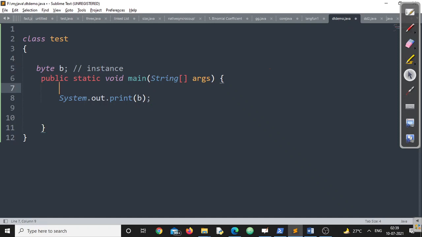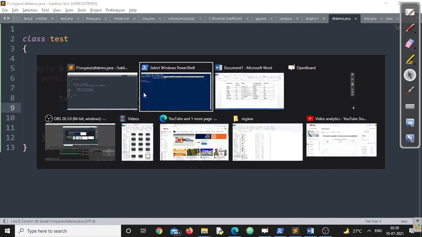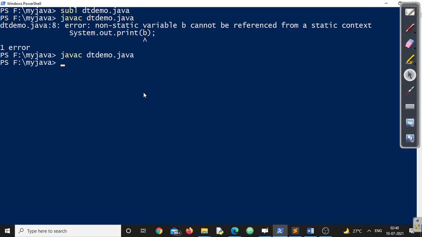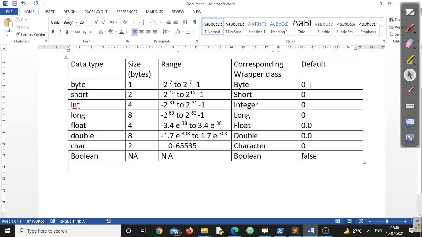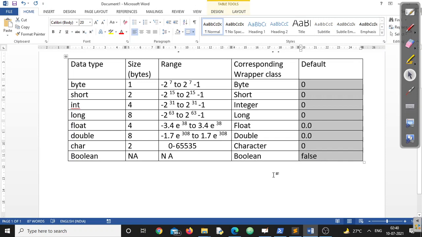So how should I call that one? Create an object of the Test class. It is as simple as this. Now you have to write t.b. That's it. I am writing t.b. Now let us compile and execute. No problem at all. This will compile fine. Followed by that, if I execute, I'll definitely get a 0 value, right? That means even if I am not initializing the variable to any value, still I am going to get 0 here. Similarly, you can check for all other default values. The default values will be exactly the same.